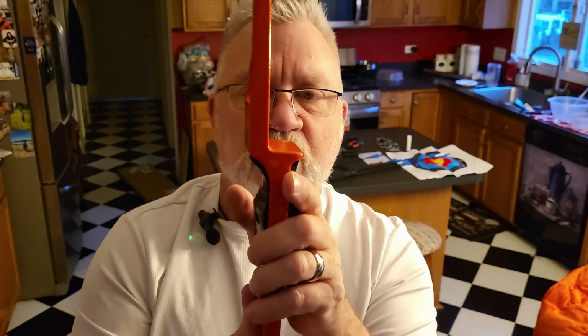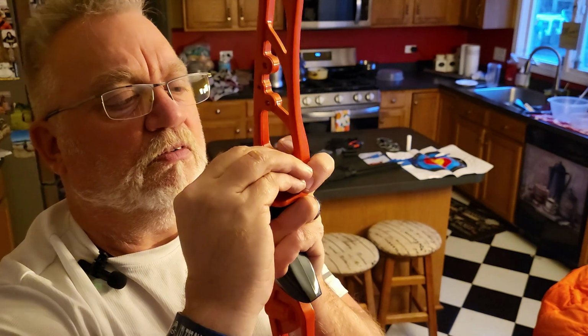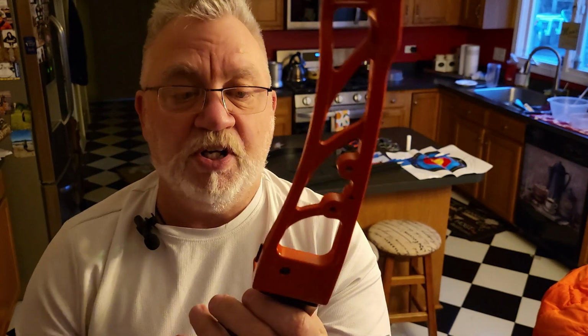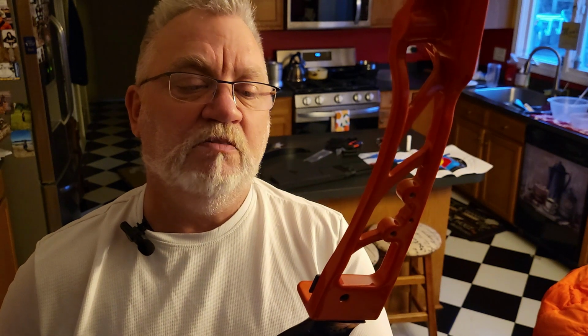If you're dropping arrows, if they lay on there and fall off, lay on there and fall off, then you're just going to bend that lid up a little bit, just like this. Just bend it up. Oh, there, a little bit better. Then it's got a little piece of magnet right there that when the arrow starts flying across it, it just gets out of the way. So they're actually a pretty good rest, really. They're pretty durable. I wouldn't go hunting with it, but do I compete with it like that? Yeah, on a regular basis. Let's put the other limb on